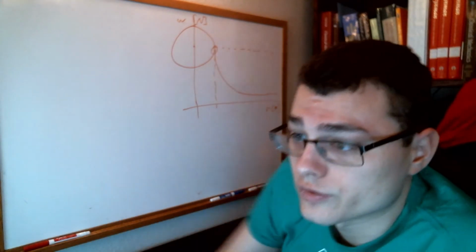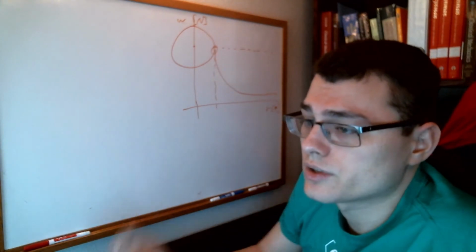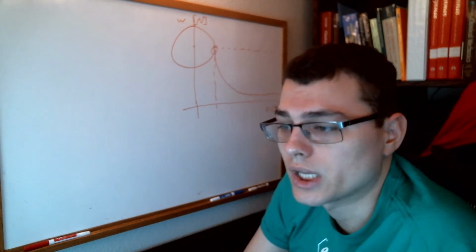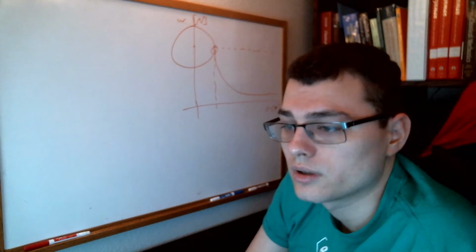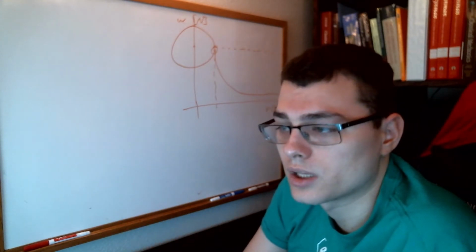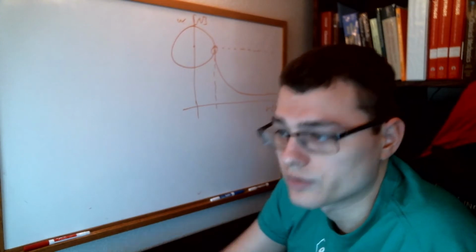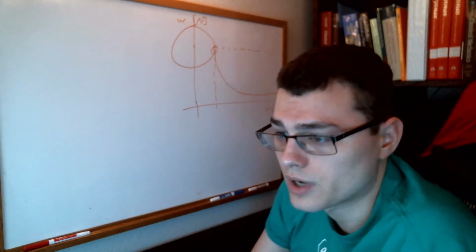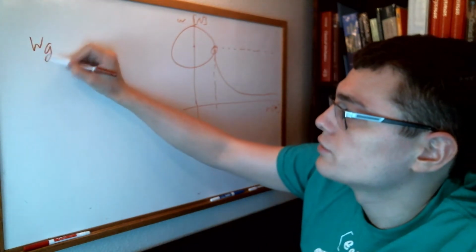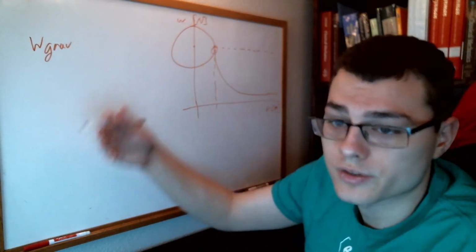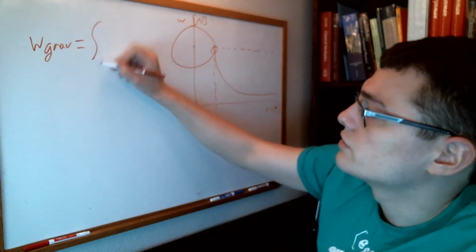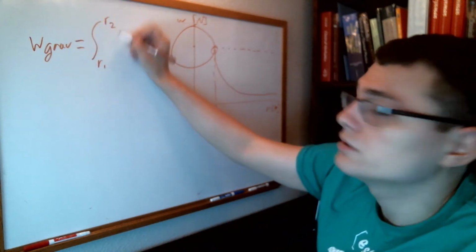It's going to be very useful, and I'll show you why in just a second. So the amount of potential energy in between two objects is going to be given by the work done to get from two different distances between those two objects. So in this case, you can say that W gravity, this is basically the same thing as we're talking about in a spring capacity. So the work done by gravity is going to be the integral from R1 to R2